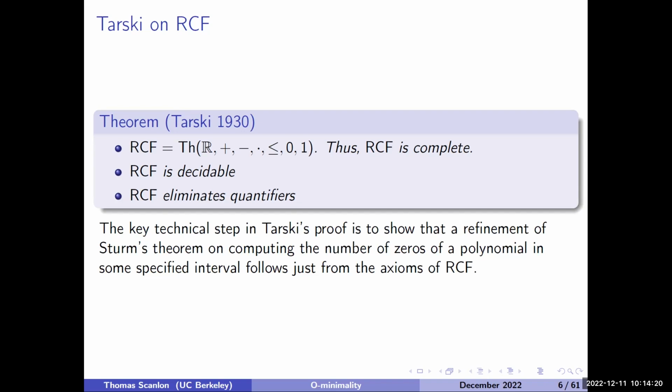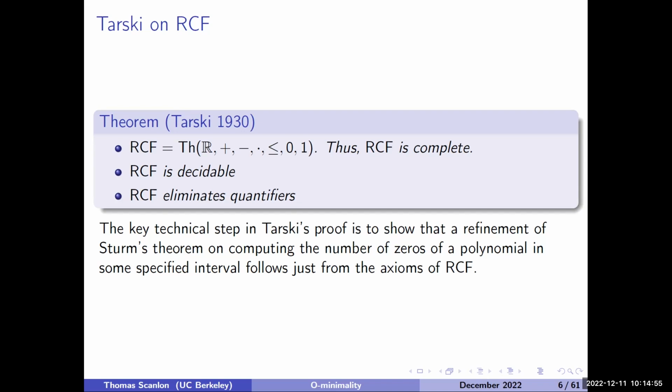And so, how does it prove this? I'll say a little bit about what goes into this proof. The key technical ingredient is an old algorithm of Sturm from 1830, 100 years before Tarski worked with this, which allows you to count how many zeros a real polynomial has. It takes an interval, and you have to compute sign changes involving the